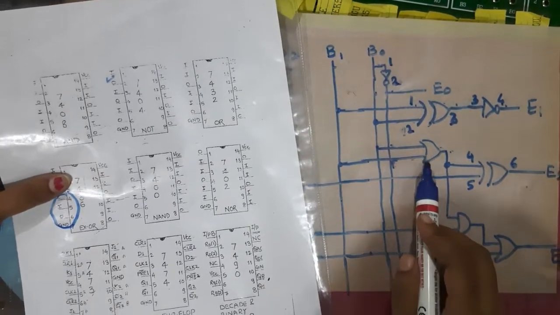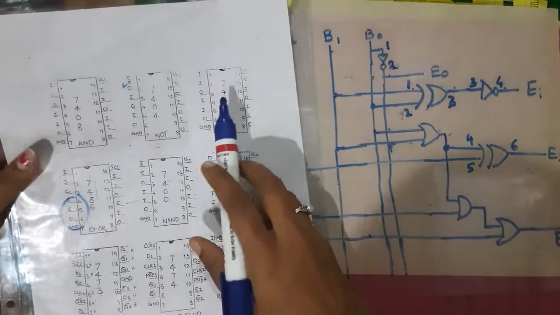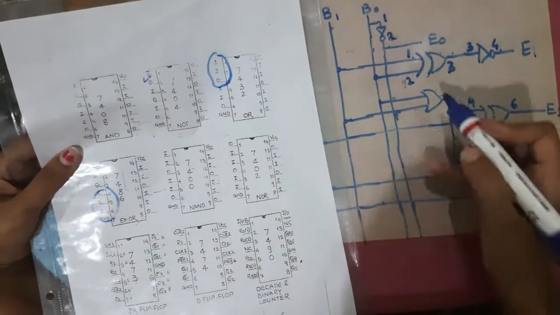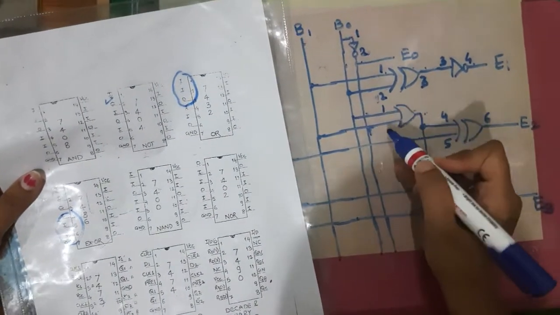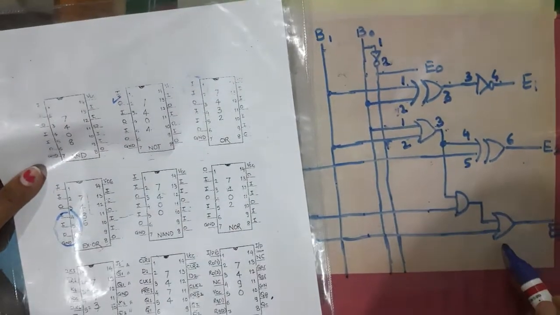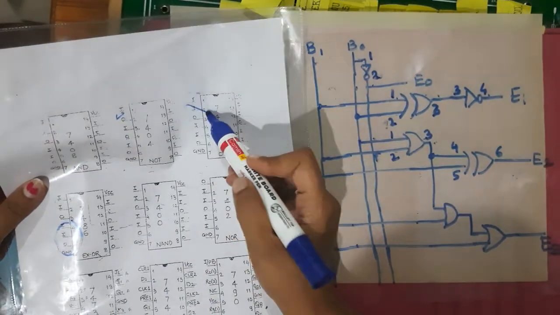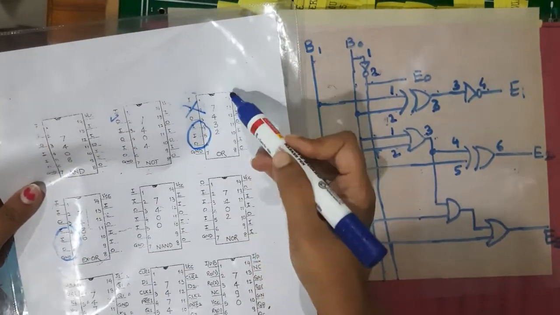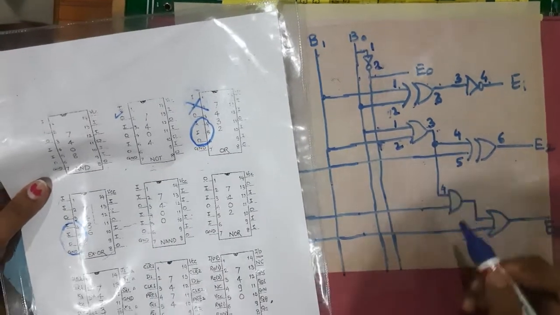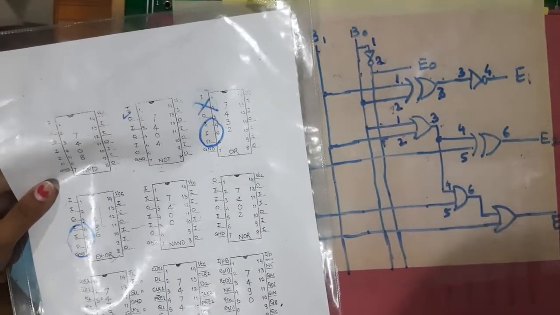Now coming towards this part, the OR gate. OR gate is 7432. For 7432 again I will need 2 OR gates. So I can use the first combination here. I will put 1 and 2, and I will be getting output on third. Now this is done. Again I will need one more OR gate, so I cannot use this part. I have to use this part or any part from this end. Okay, so this is 4, 5 and 6.